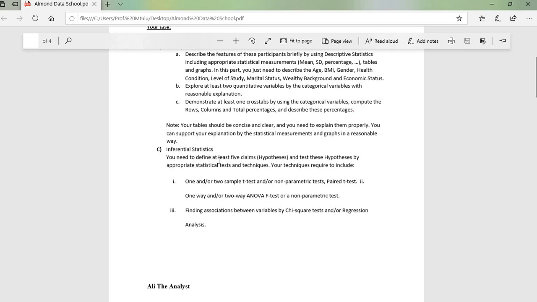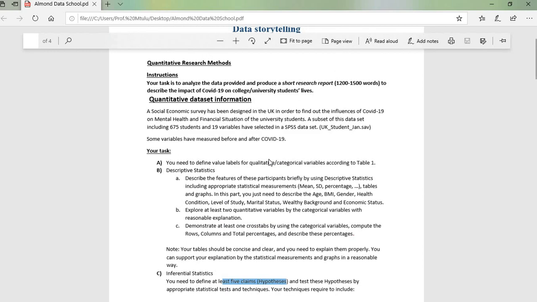So where am I getting these claims? How am I formulating these claims? Actually, you realize when we were doing the descriptive analysis, there were some suggestions that we were creating from it, and more so when we were exploring the numerical variable by categories. I remember very well that at one point we were trying to examine the economic status actually, and